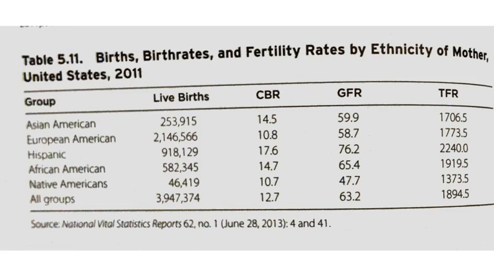This shows some of the ethnic group differences for 2011. Crude birth rate for Asian Americans, for instance, 14.5, much higher than that for European Americans, but less than for Hispanic Americans, which as a subgroup have the highest birth rates, and also the highest growth in total fertility rates. If we look across all groups, we see that the crude birth rate in 2011 for the United States is 12.7. And while the gross fertility rate is 63.2 and the total fertility rate